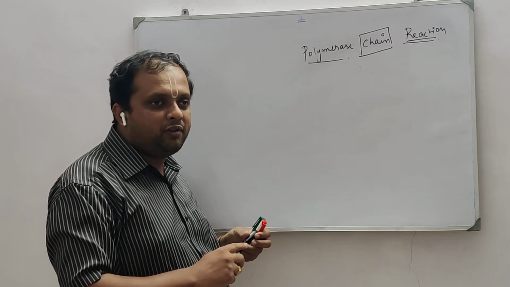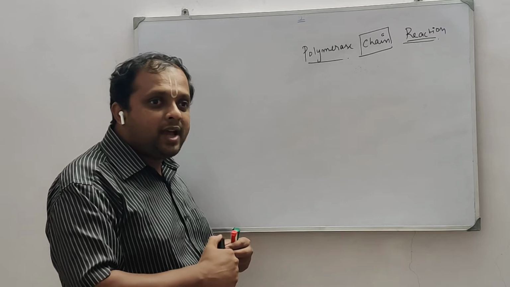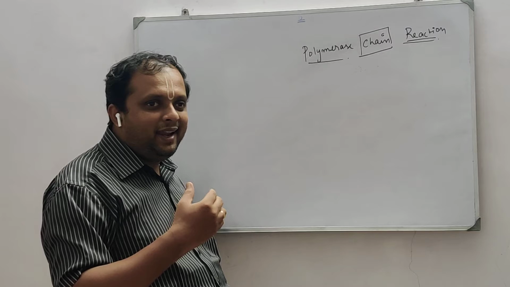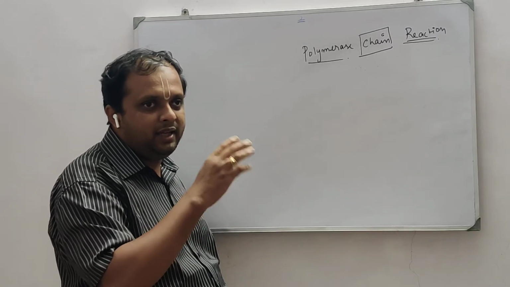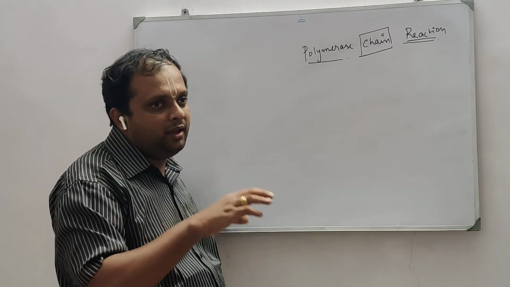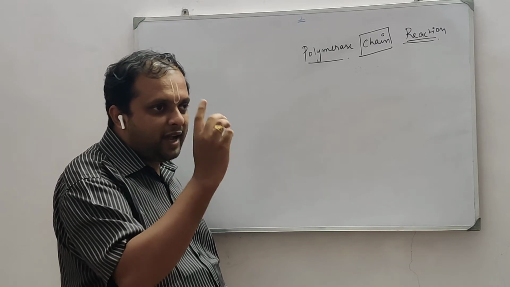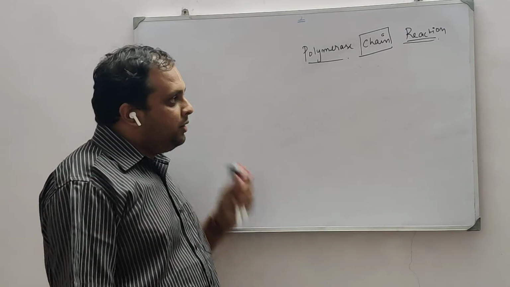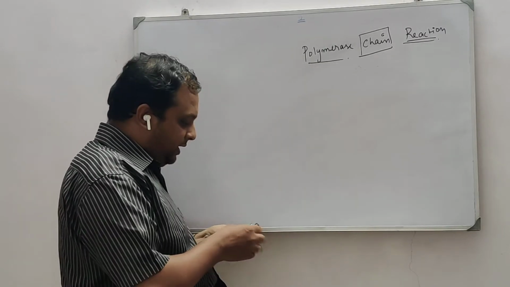You would have read about the importance of DNA polymerase in the chapter on molecular basis of inheritance, as the principal enzyme which mediates the process of DNA replication. Getting one DNA from another DNA is mainly done by DNA polymerase. The same DNA polymerase we are going to employ here. So it is a polymerase mediated, continuous reaction or chain reaction, which we call polymerase chain reaction. Reaction means it needs to be done in a container.